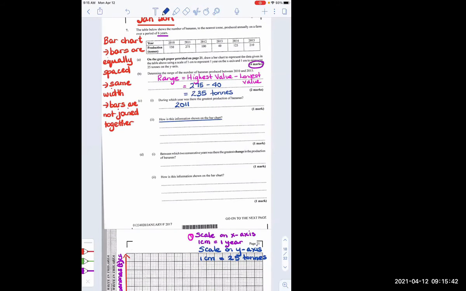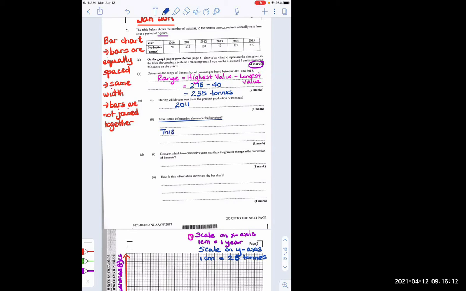All right. Jason, how was this information shown in the bar graph? Miss, because when I drew the bars, 2011 was the highest, had the highest number. The highest bar. Does anybody in the class have anything different to what he said? Does anyone want to share their answer? All right, so we can write